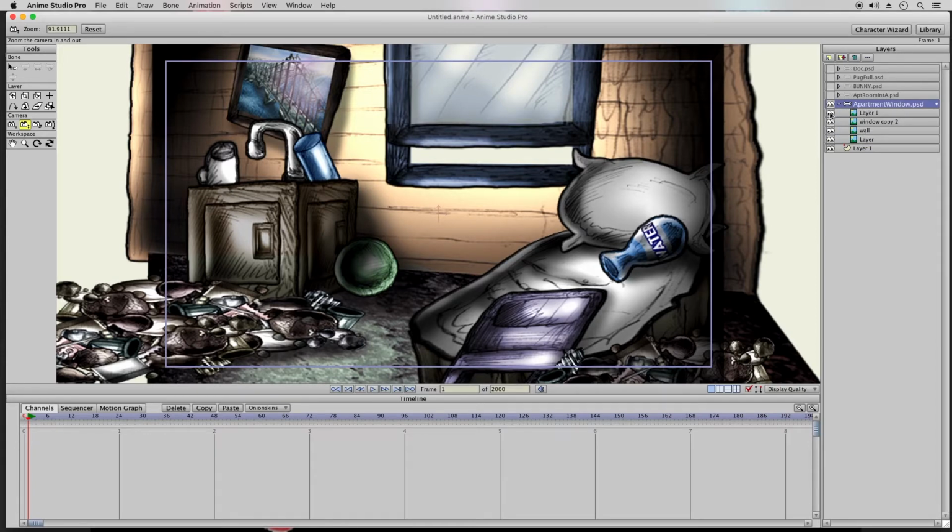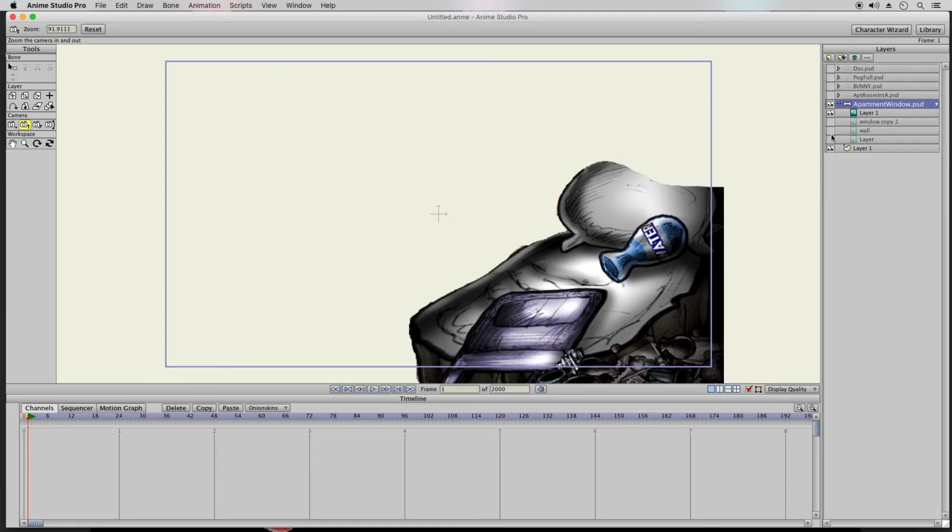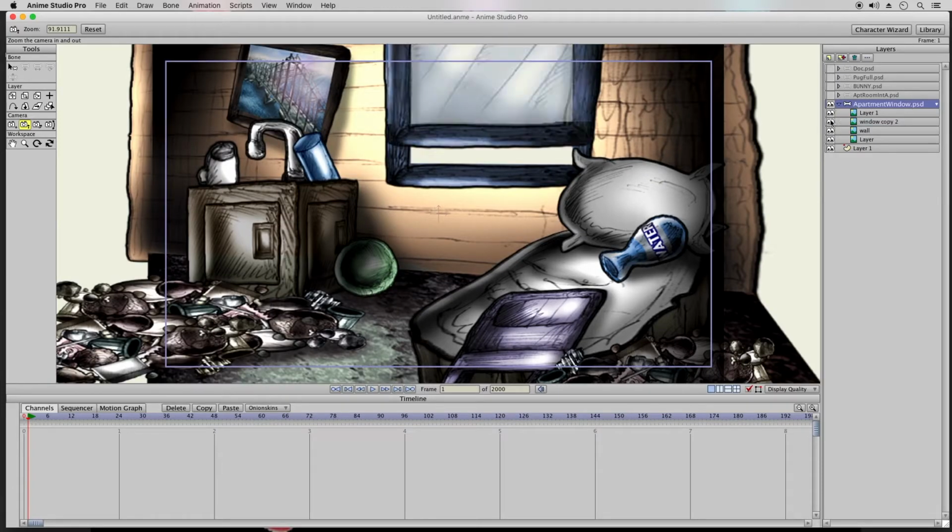I think there should be an overlap of the bed, and because of that I have to insert the character there. There's actually a potential issue here. The city should be visible there, so I think I have to go back into the